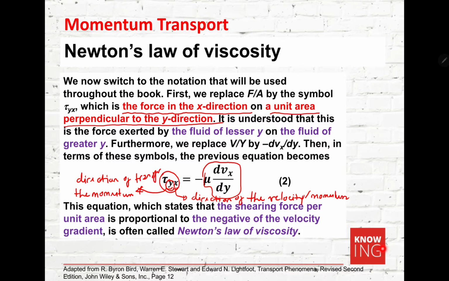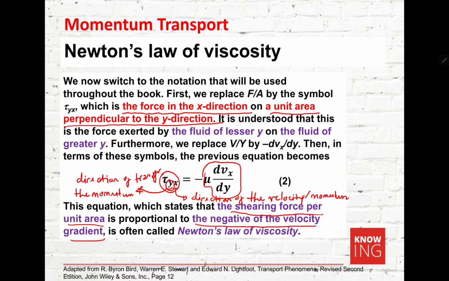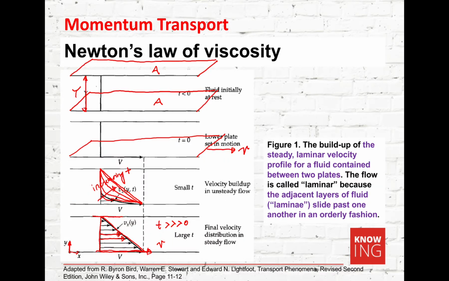Another thing in this equation is that the shearing force per unit area is proportional to the negative of the velocity gradient, which is often called Newton's law of viscosity. Then you may wonder why one form does not have a negative sign but this one does. So it is very important that you go back to figure 1 in order to understand why this is so. As you can see here,